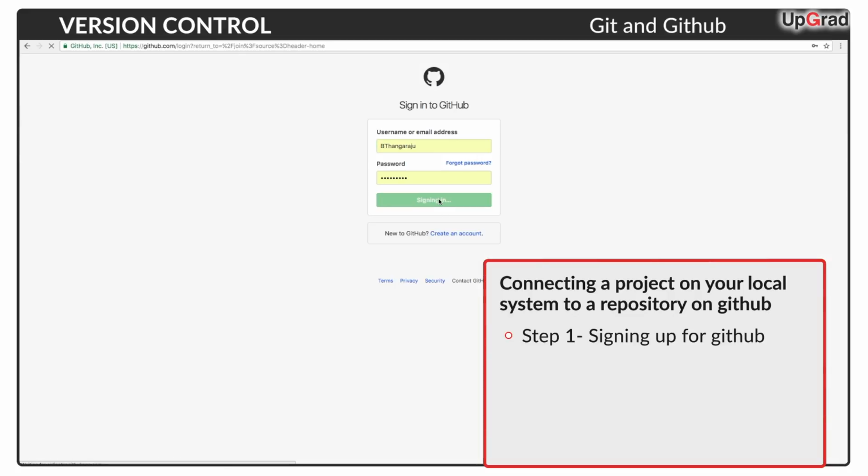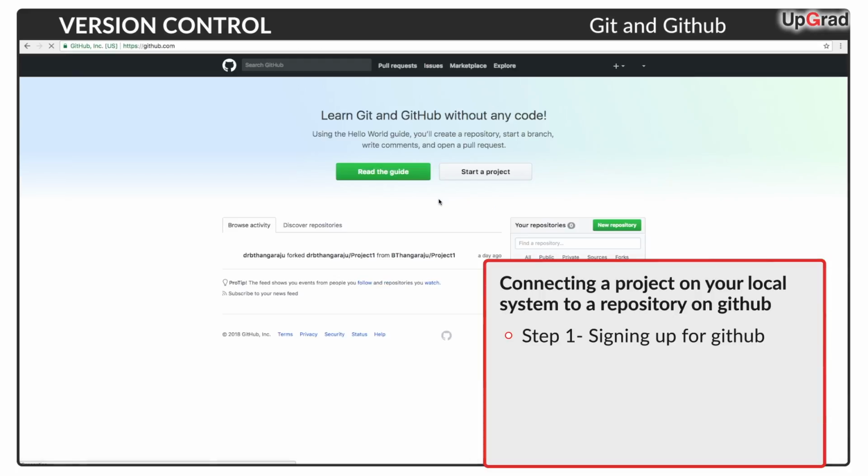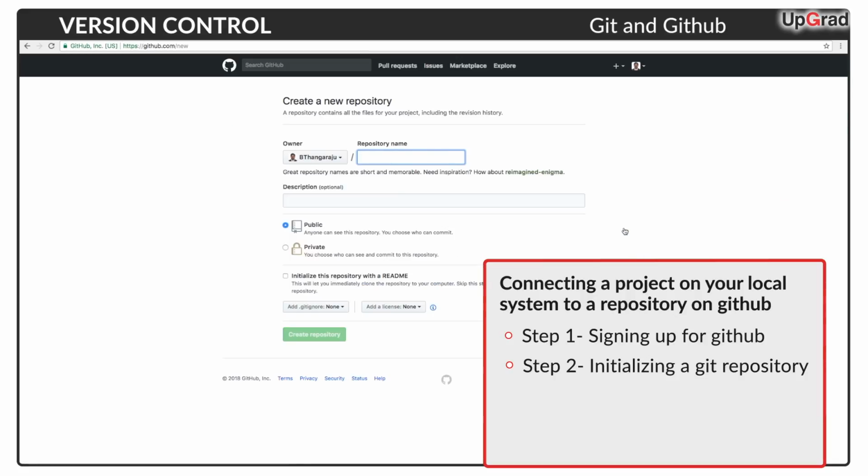I am logging into my GitHub account. I don't have any repository here, so I am going to create a new repository. Just click the new repository button. I am going to create a repository named project 1,